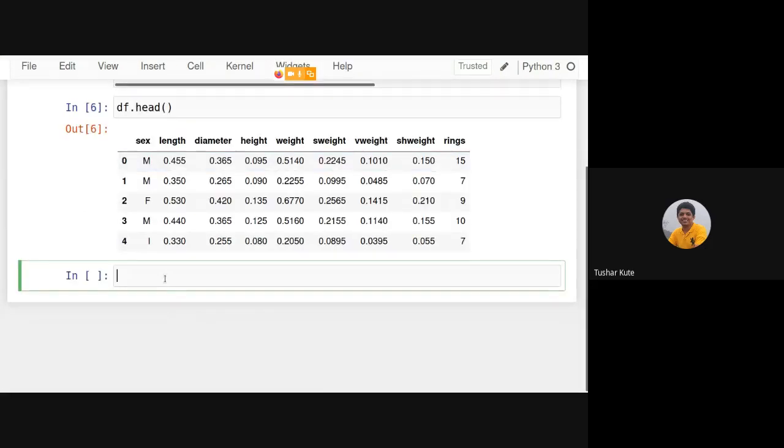Before making the train and test split, I think we have done probabilistic classifiers already. Same thing we'll do here. For training the algorithm we will use training data. For testing, we'll be using testing data. So let's have a summary. Describe.